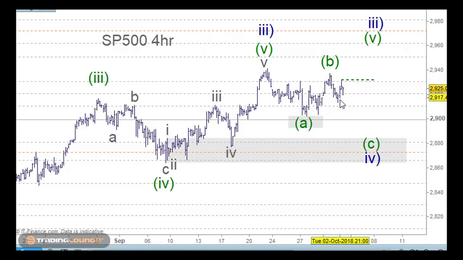I mean, if it was, then this would be wave 1 and then back for wave 2, and then it'll be down for wave 3, 4 and 5 down here. So we'll see. On the upside here, I've still got these 2 here are the same here. So in this case, we'd be looking for this to be labeled differently through here, but to push up higher through here, taking out this